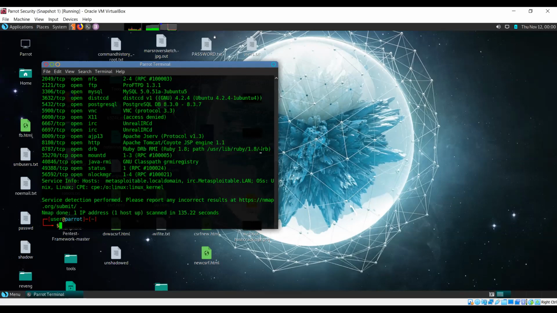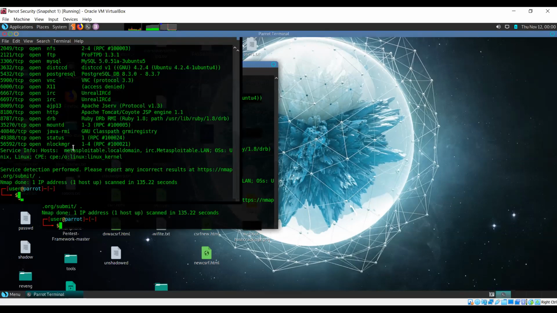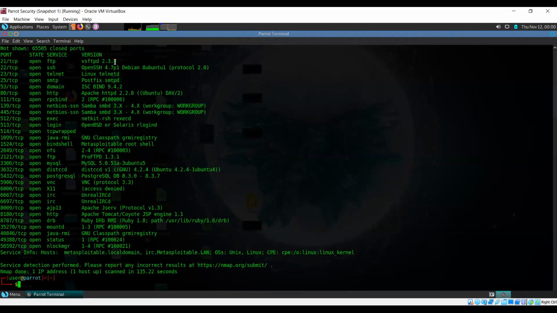Okay, so we have the scan results and we can see that these are all the ports that are currently open. Now we are targeting this port and we're not going to use Metasploit. So, if you've done this, can you tell me how to proceed now? Sir, can I share my screen so that I can demonstrate?